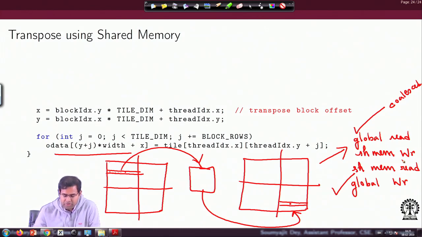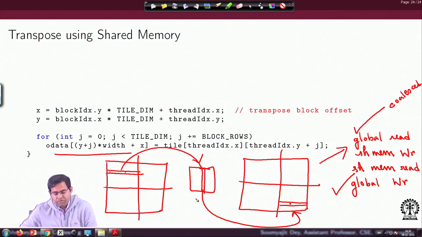In order to avoid the conflict, I calculate the transpose position of the block, I write in the transpose position of the block, and I write in a coalesced manner. Still, for achieving the transpose, I write from the shared memory's column-wise access, right. So I flip in terms of the positions from where I have read. So there is a two level flip here, which is helping me to get the overall flip in the position.